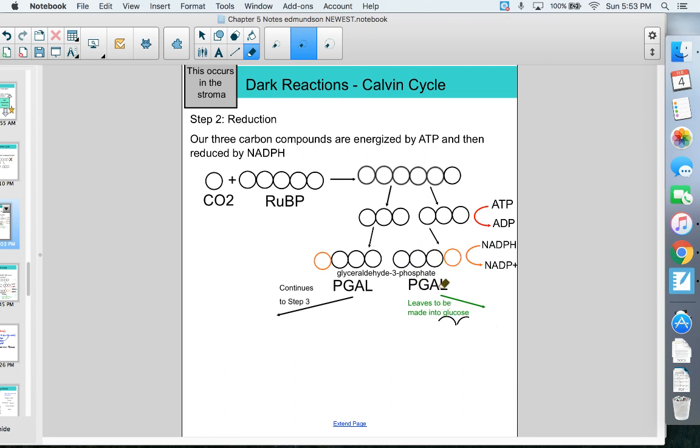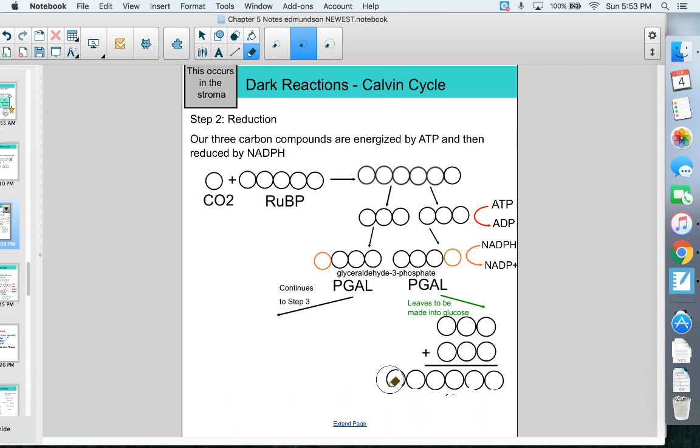So I'm actually going to take 2 of these down here. I don't need that phosphate placeholder anymore. I'm going to take 2 of these and add them together, and I'm going to end up with, because it's 3 plus 3 equals 6,